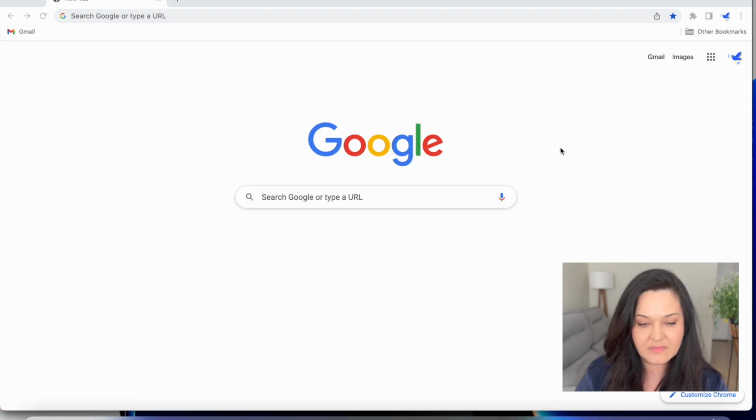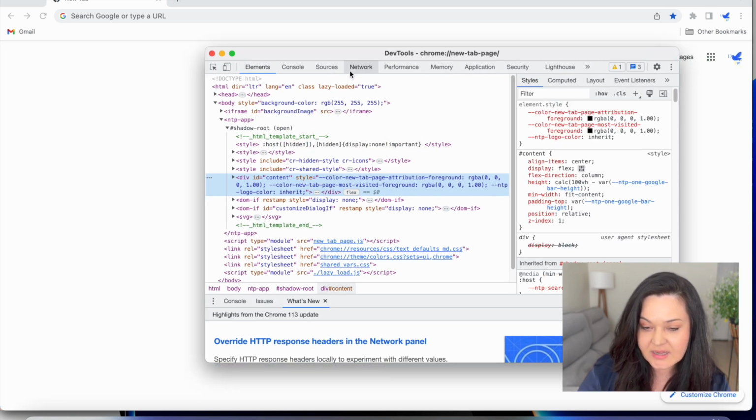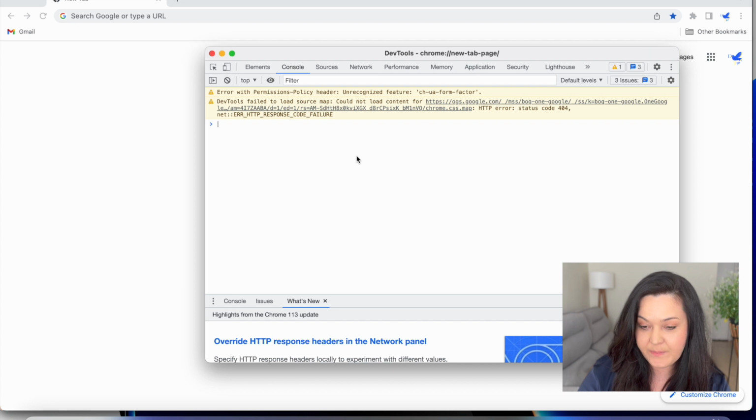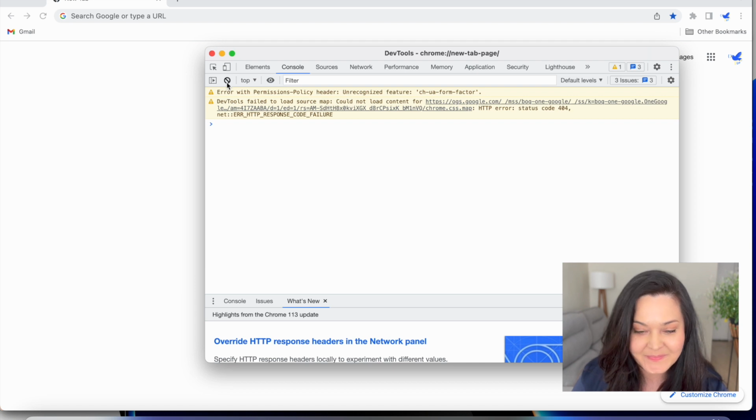Most browsers today already have a built-in console panel for running JavaScript. Let's see how it works. I'm using the Google Chrome browser. So to open the console panel here, just right-click anywhere on the screen, select Inspect, and then click Console. If yours is not showing up, you can click this icon here and then the console option will appear in the list. So let's do a test in our console.